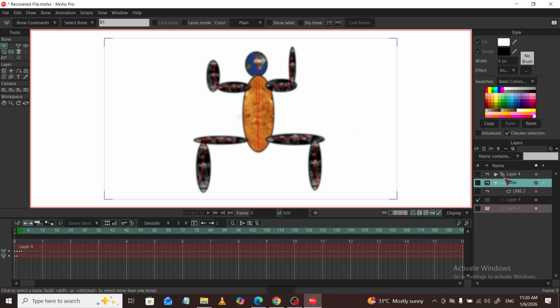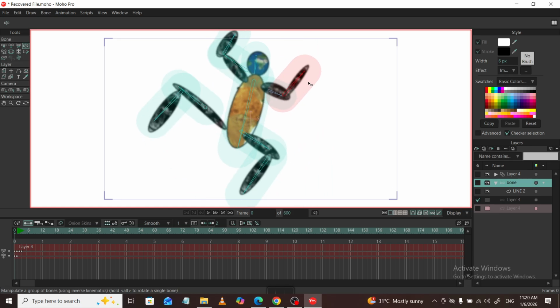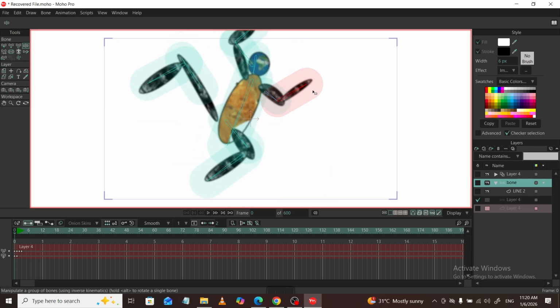With your skeleton in place, it's time to bind. Place your character artwork inside the bone layer so the bones can influence it. Then choose your binding method. Bind points lets you assign specific points of a vector shape to specific bones, giving you precise control over how each part moves. Flexi-binding distributes influence automatically, which is great for quick setup and smooth organic bending. Choose the method that matches your artwork and